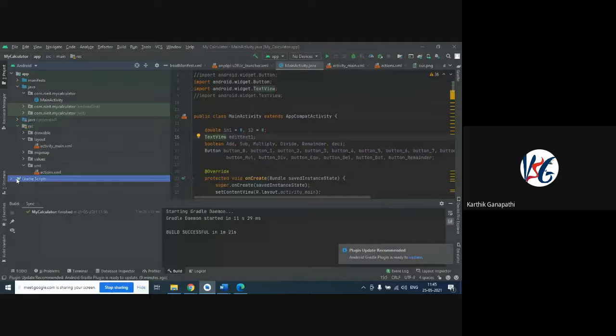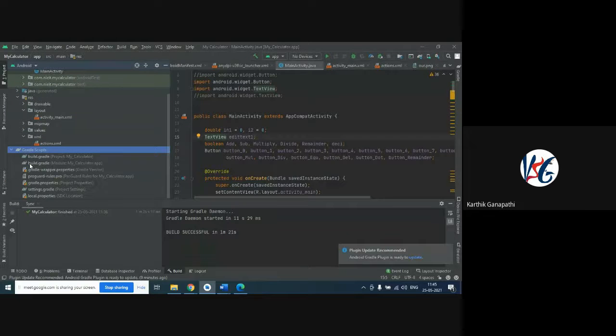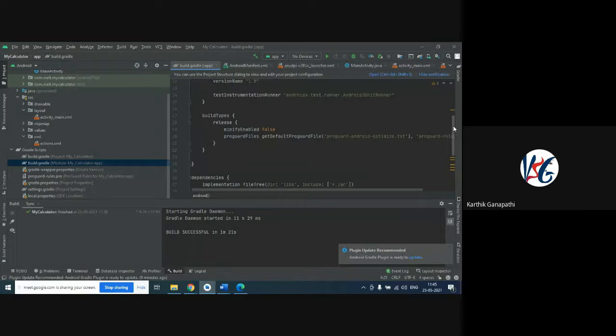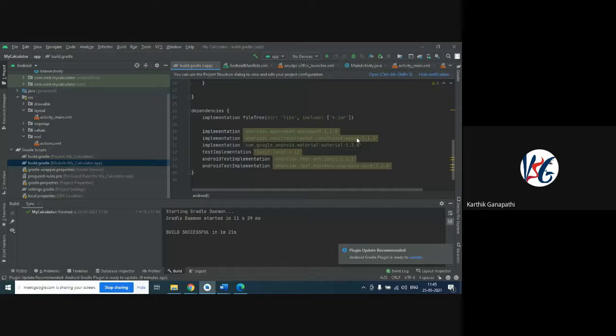In the Gradle scripts, we added this. I think I explained this to you the day before yesterday, in the previous session. As you can see, the AppCompat is being added. Also, the constraint layout is added here, because these versions are available only after a particular version of the Android SDK.